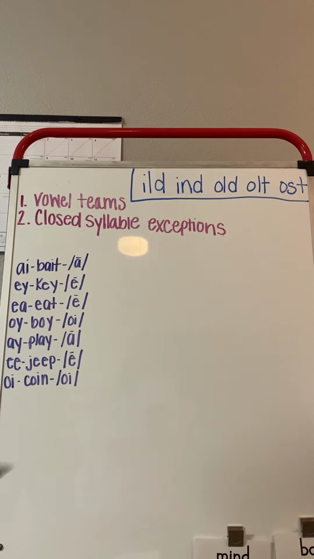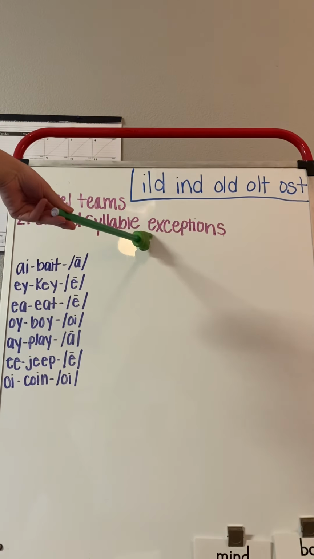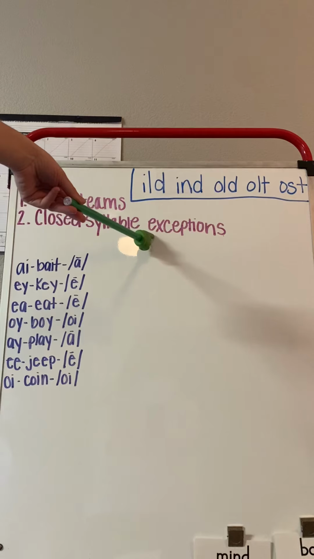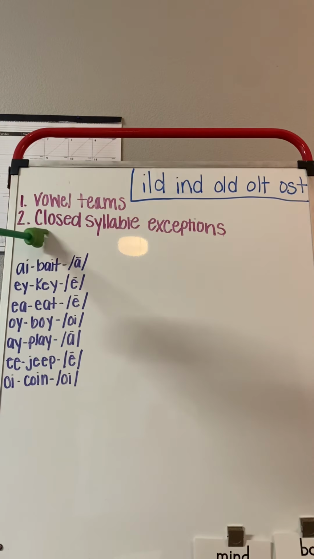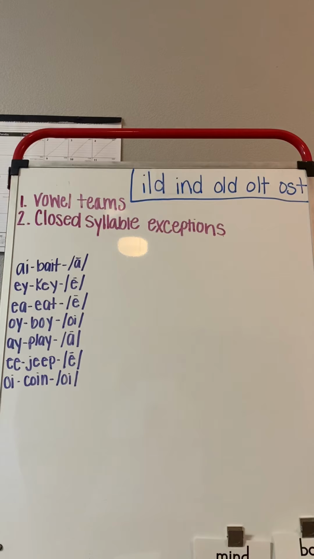And if you remember right, exceptions just means that that doesn't necessarily follow the rule. Okay? Now in Unit 2, last week I did a video on closed syllable. So if at this point you're asking yourself, well, I don't even know what a closed syllable is, go back to that video and make sure you understand that before we get to our exceptions, okay? So if you remember right, we have 5 closed syllable exceptions. So we'll drill those real quick before we talk about what they are.